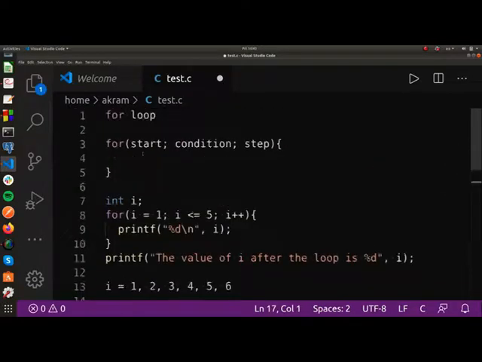The main thing that you need to know for each type of loop is where we write the start, where we write the condition, and where we write the step. And here your code